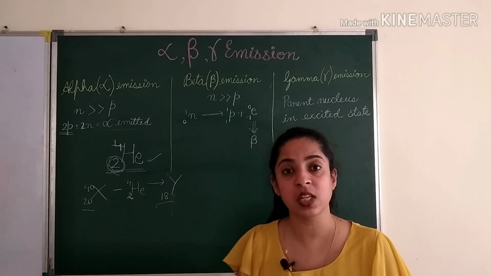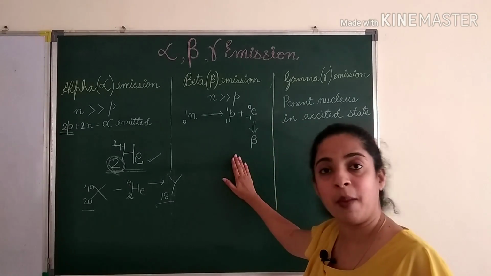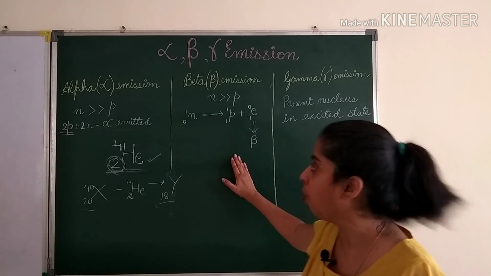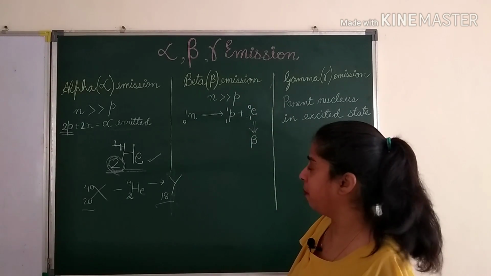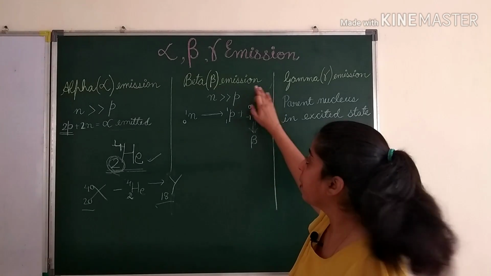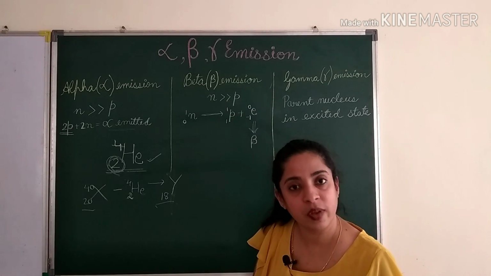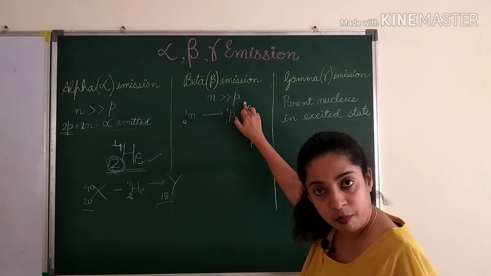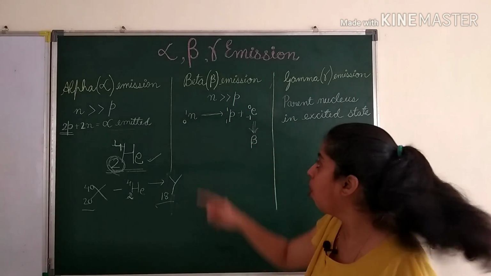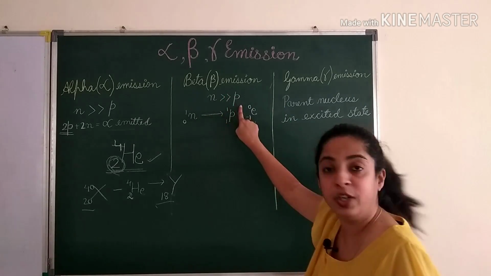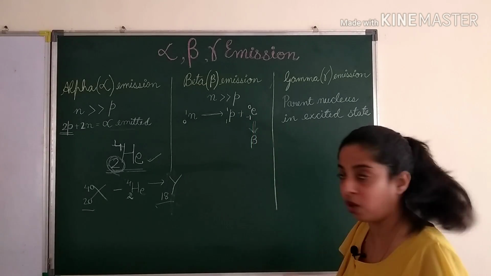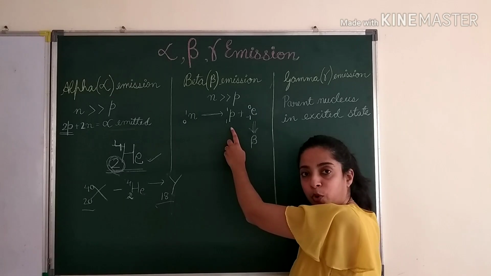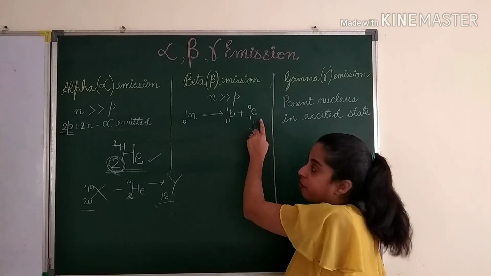Now what happens when a beta particle is emitted from a nucleus, and why does it happen so? Now when is a beta particle emitted? Again, when the nucleus is very unstable, the number of neutrons is far more than the number of protons. At that time, 1 neutron gets converted into proton by emission of an electron. See, what happens here is this neutron got converted into proton by emission of an electron.